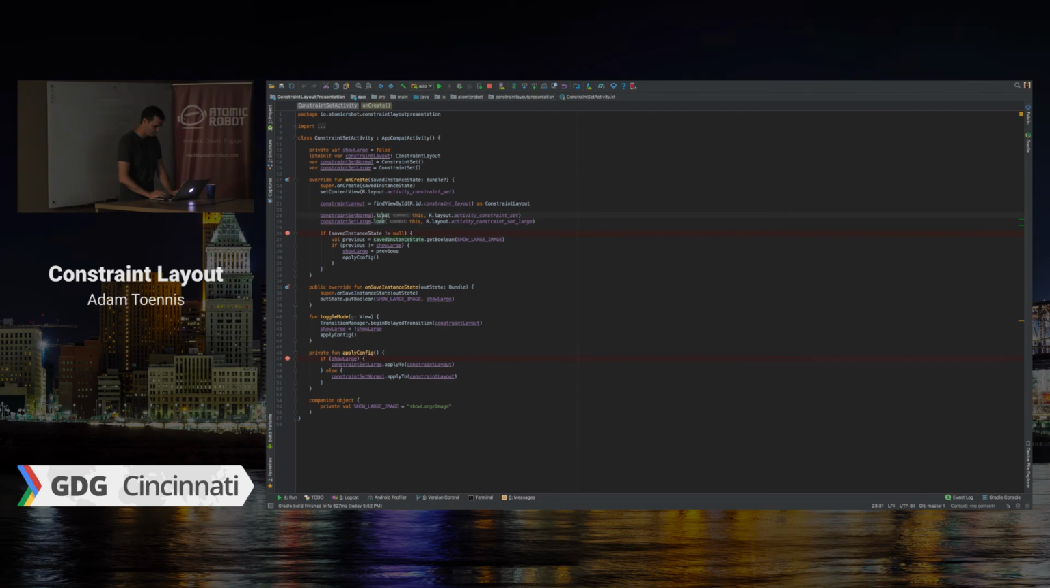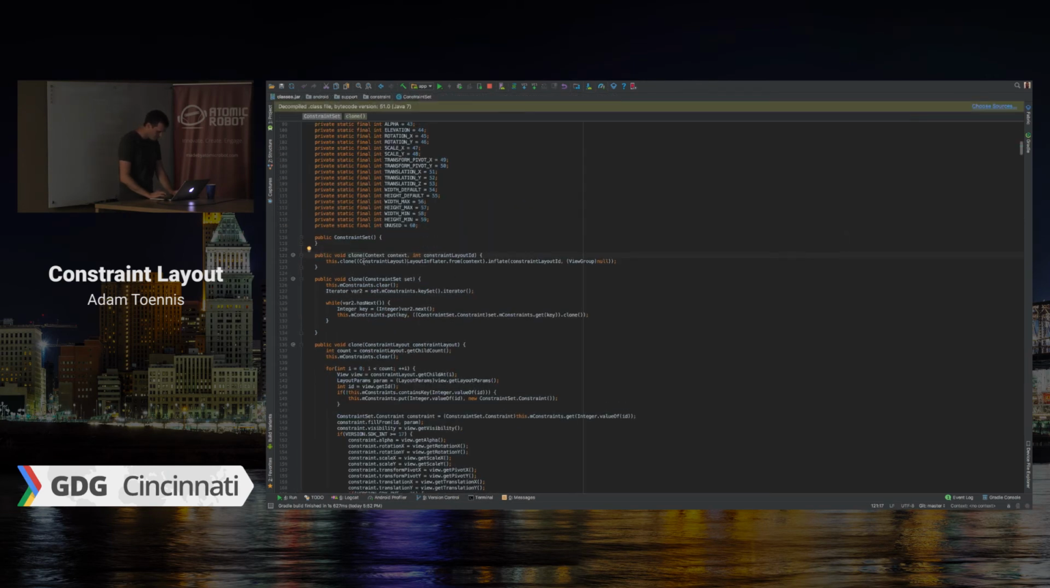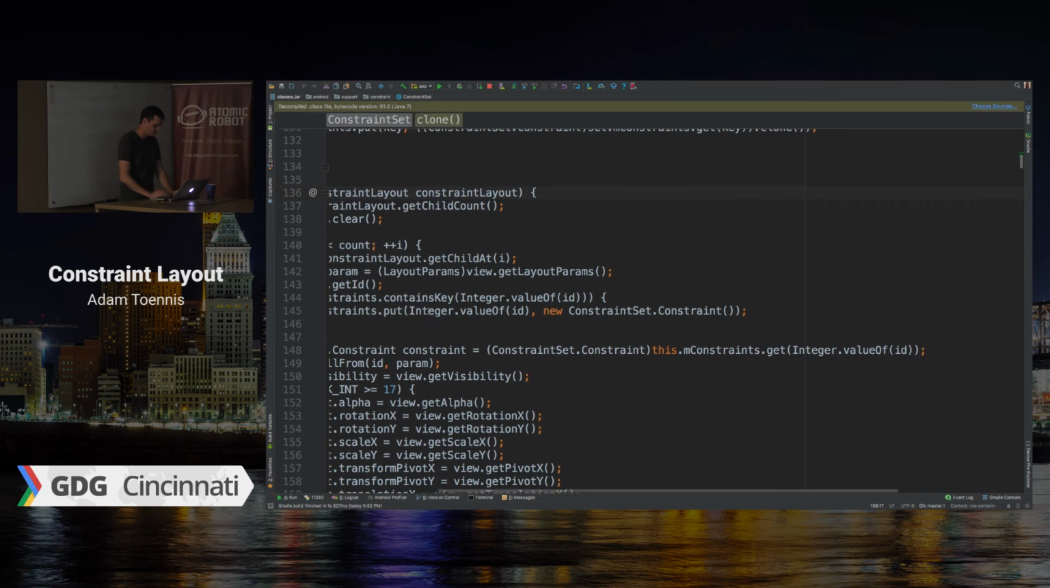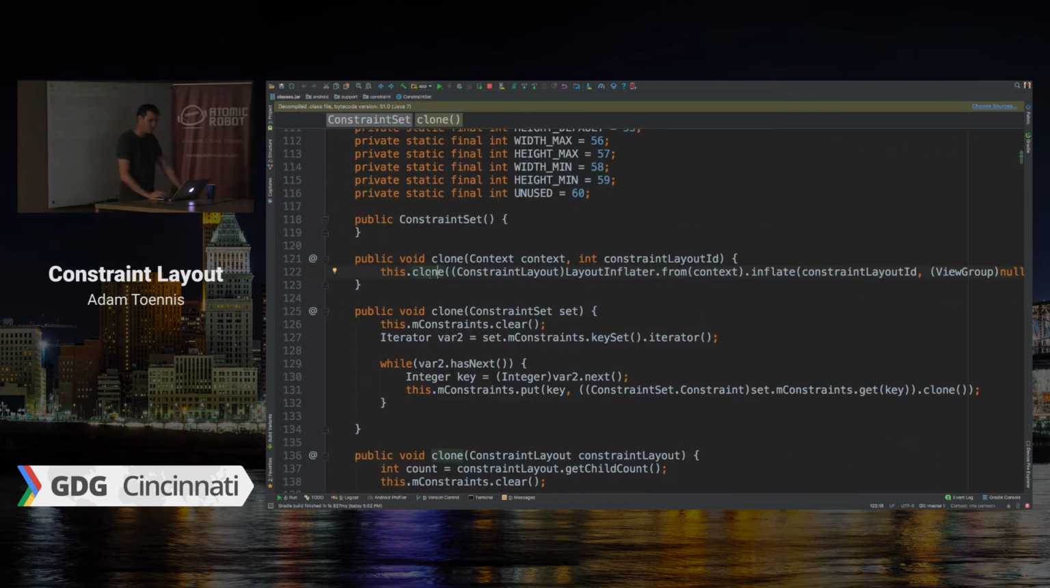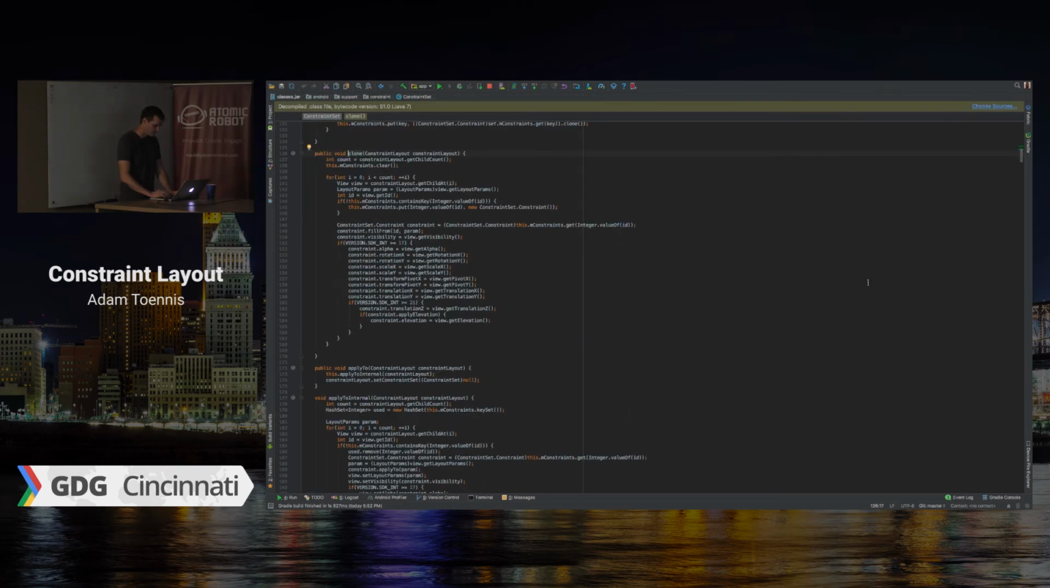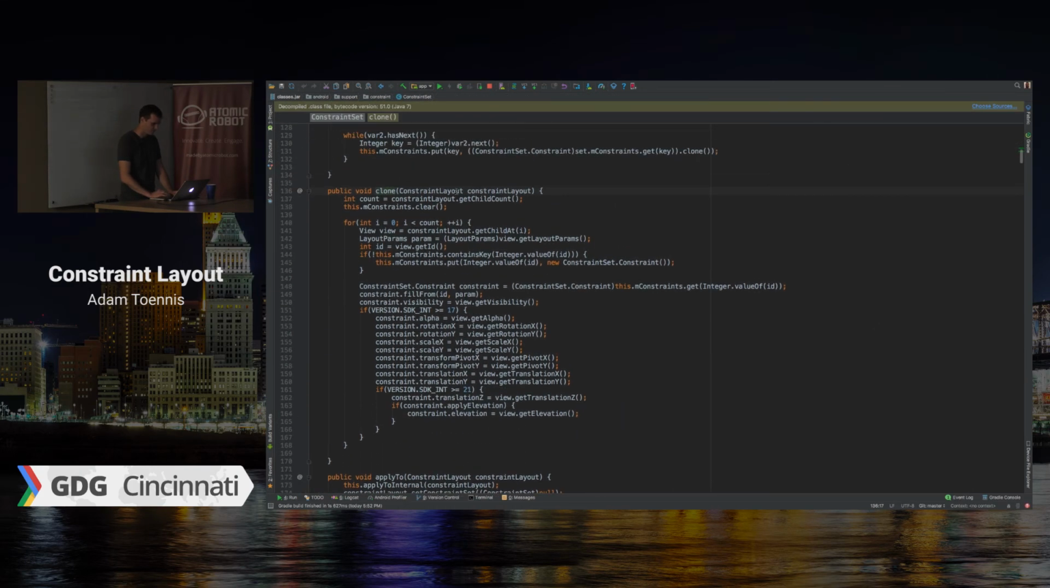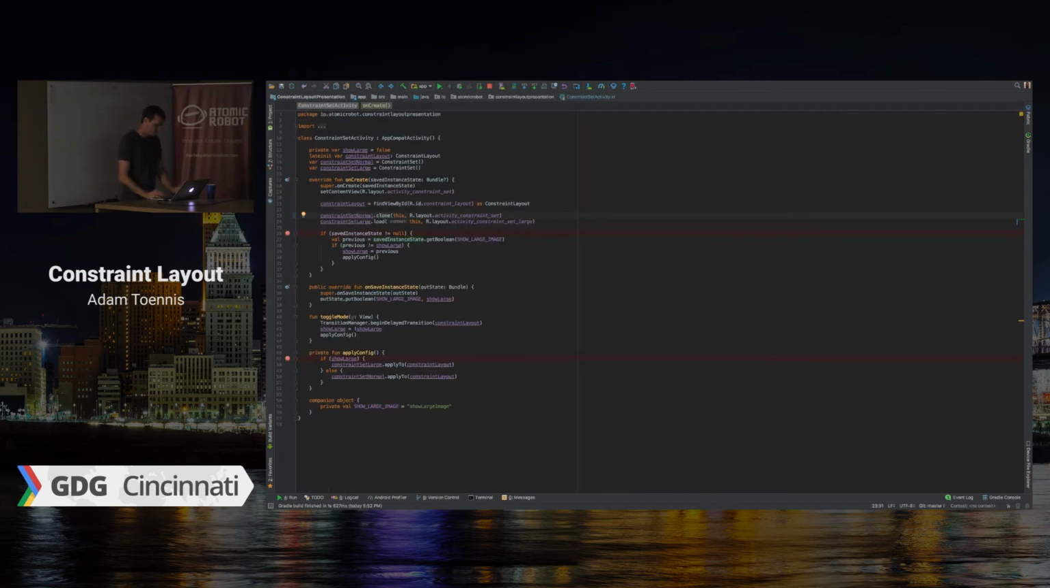If you were to do clone instead, dig into there, and go into there. So here, oh, whoops, I skipped the interesting part. So here is clone, and it's doing a layout inflater, so it's actually inflating it, and then it's just passing that constraint set in and pulling out the constraints. So it's calling this method with the constraint layout and then pulling in the constraints. So I thought it was a little interesting. I don't know exactly enough about which one, why you would choose one over the other, but